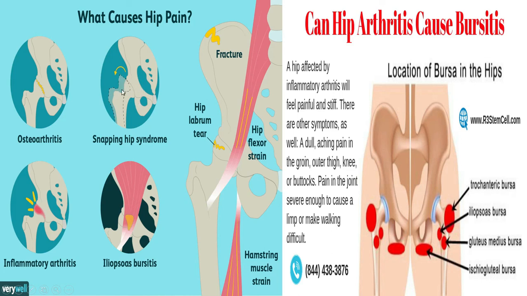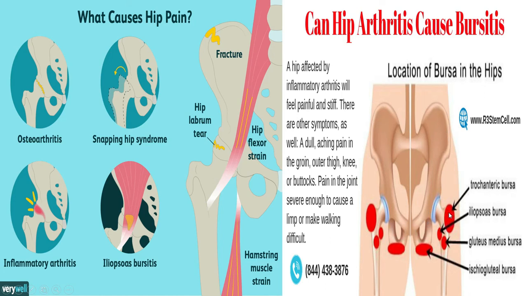It is the most common finding in adults: a disparity in joint movement or any impingement, called snapping hip syndrome. Now if there is inflammatory arthritis, there is specific pain over the range of motion, and if there is pain over flexion, it is called iliopsoas bursitis. If there is any fracture or trauma over this joint, then you have to go for radiological investigation. Now, there is some bursitis around the hip.